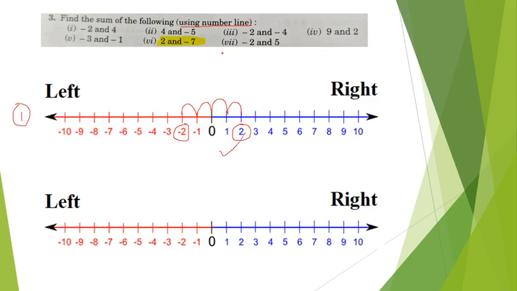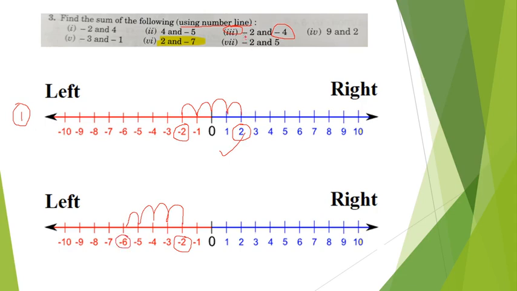Let's take another example. Let's take question number 3. So I'm using this number line. Firstly draw this number line in your copy and now look for the first number, negative 2. I'm marking the first number, negative 2. What is my second number? The second number is negative 4. Now if it is a positive number, I have to move toward the right side. If it is a negative number, I have to move toward the left side. It is negative 4. So I have to move left 1, 2, 3 and 4. So my answer is negative 6.